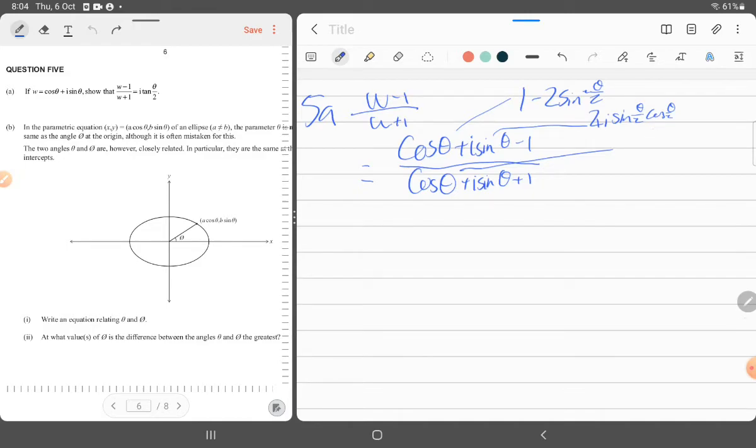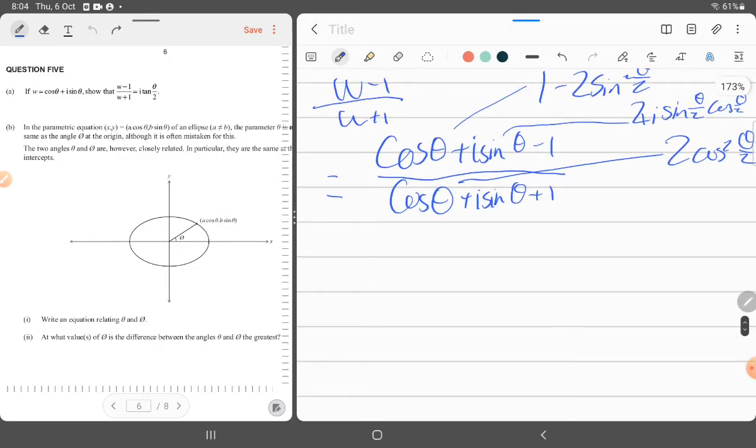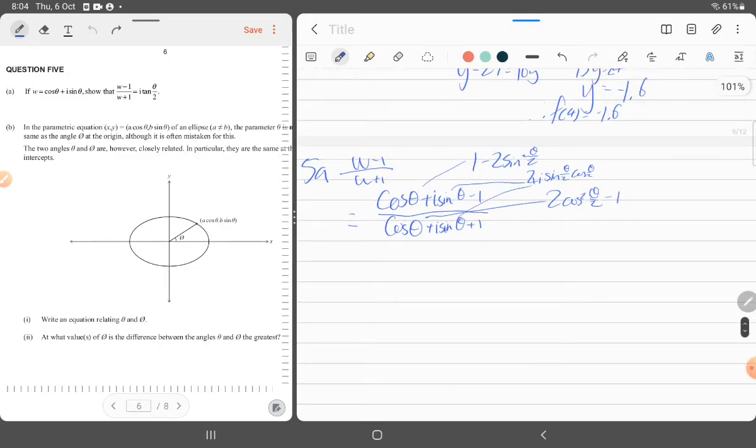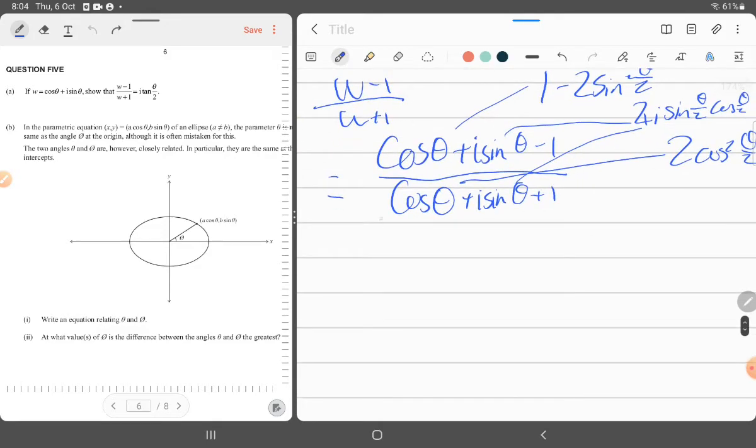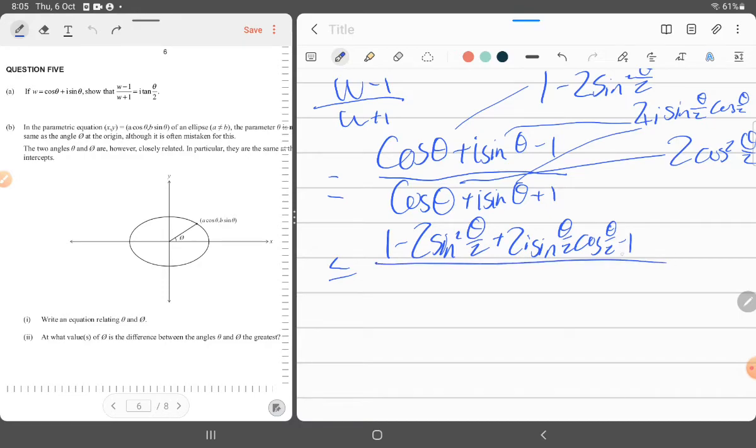I want to get rid of the 1, so we write this as 2 cosine squared theta over 2 minus 1. So it's just equal to 1 minus 2 sine squared theta over 2 plus 2I sine theta over 2 cosine theta over 2 minus 1 all over 2 cosine squared theta over 2 minus 1 plus 2I sine theta over 2 cosine